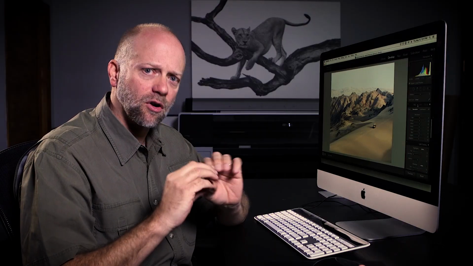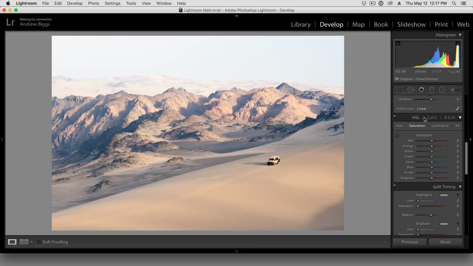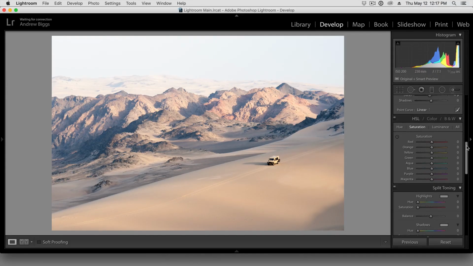I wish the HSL tools were available with an adjustment brush, so I could just have a targeted area, but that would not be that often that I would use them anyway. So for this specific image, I'm actually going to punt on these for a little while because they're color-based tools. Okay, so as we continue,